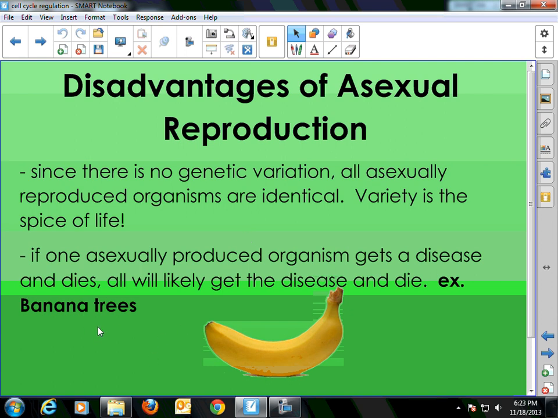An example of that is the case of banana trees. Since bananas don't have seeds in them, all bananas have to be asexually reproduced. They are reproduced by cloning or budding or something with the banana trees. And so every banana tree in the world is almost genetically identical because they've all basically been produced from the same stock of the original plant. And therefore, if one of the banana trees gets sick, all are likely to get sick.